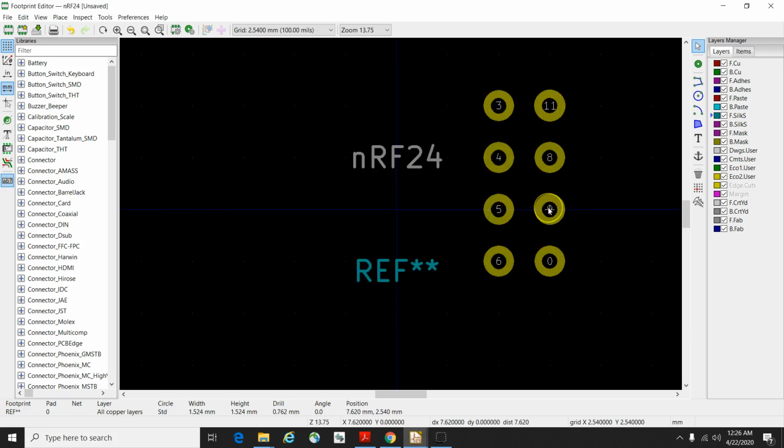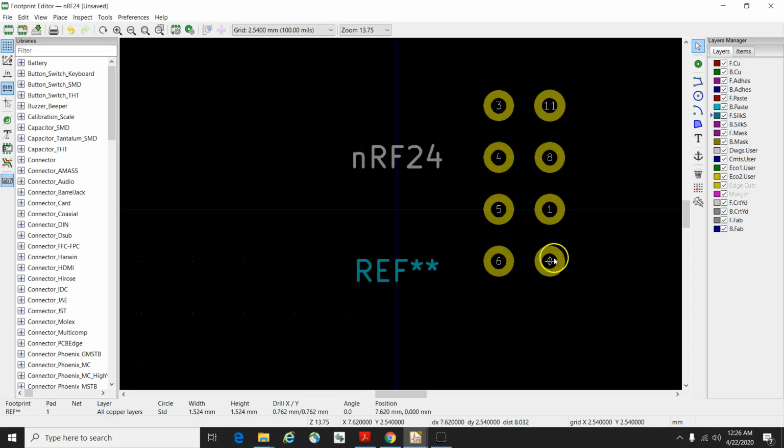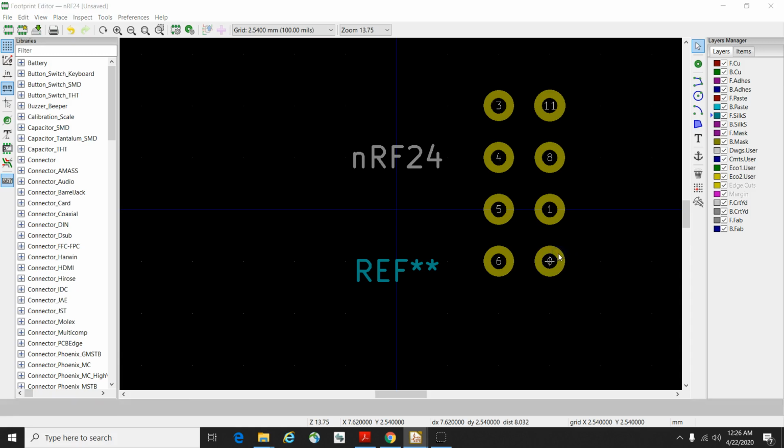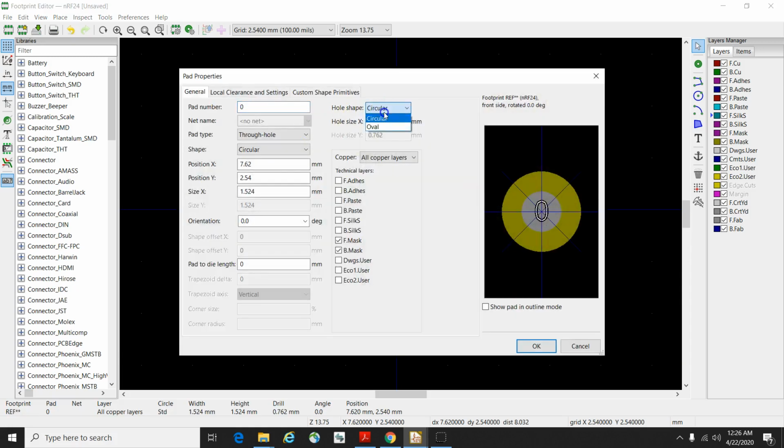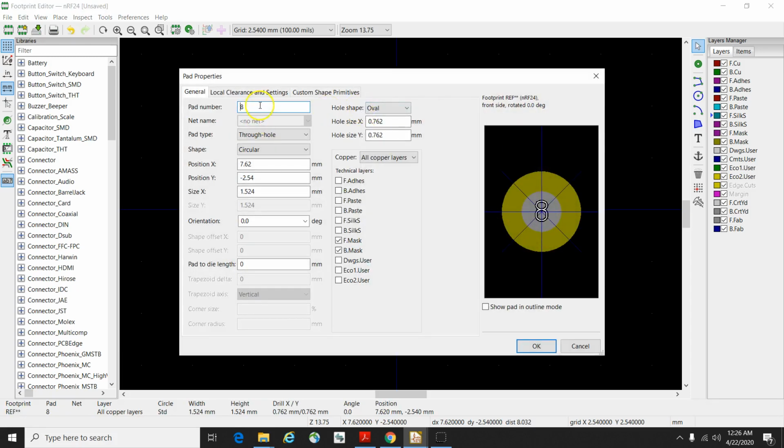So this is your 0, and the same thing you will do for the other ones. We're not going to make much change, just here 1, and then OK. I think I'll take this as oval so that I don't have to do it again and again. And here this is your 2, this is your second,